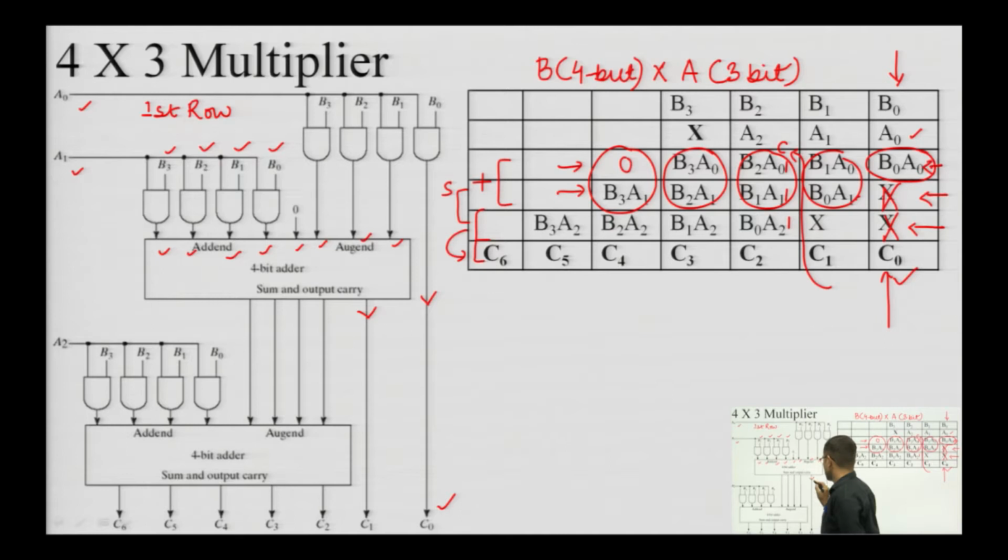So, this will be S0, S1, S2, S3, and this will be the carry. Okay. So, when we are adding these two things, there might be a carry here, which we have mentioned here. This can be clearly seen: this sum S0 will not participate further and can be considered as C1.